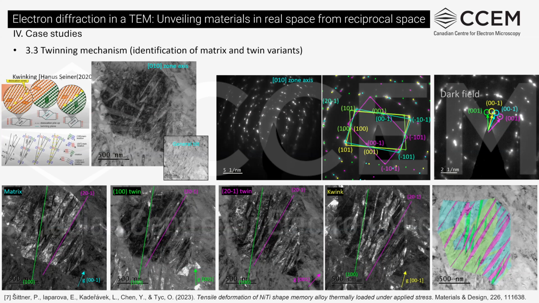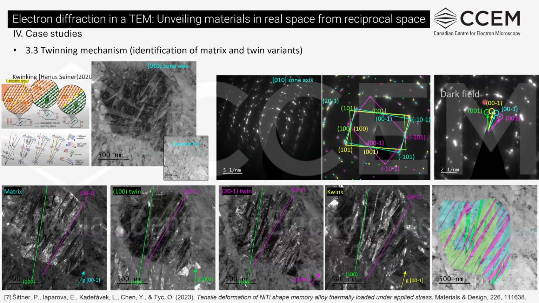After I got the diffractogram from the 010 zone axis, I have to index it. And here there were multiple lattices on this diffractogram. It looks almost like rings. I have to index all the spots, making sure that there is not a single spot left behind without being indexed. So here is the indexation. There are 4 lattices, just as the quicking mechanism forecasted. So the hypothesis was thus proved.